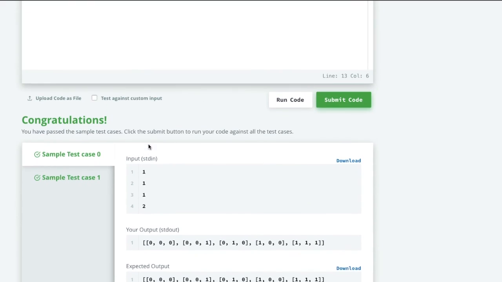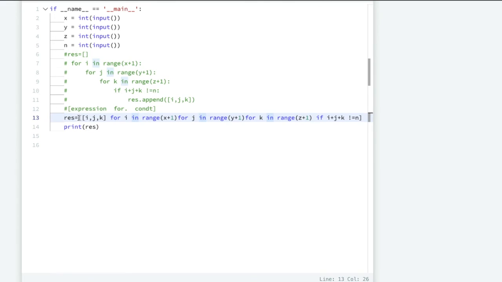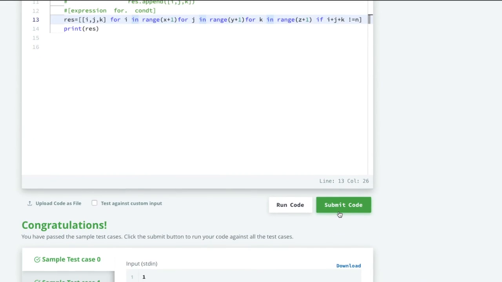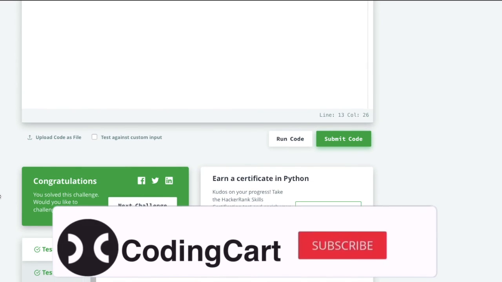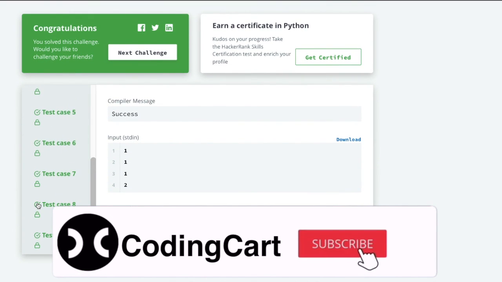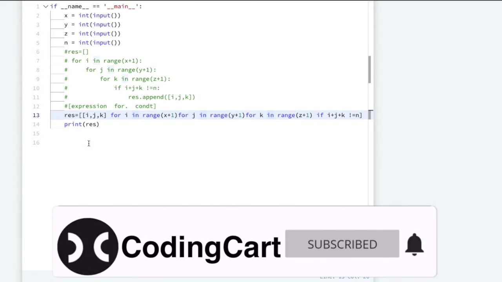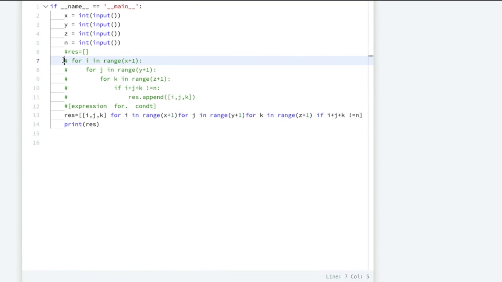So you can see here it is working fine. So this was the logic for list comprehension. Let us submit this code. So congratulations, we are done with all the hidden test cases. So you can see here this was our for logic, means they have asked us not to use this for logic, they have said to use the list comprehension. So this is our list comprehension logic, means we have used the for after that condition. If the condition is satisfied, then we are simply writing our expression, required expression.